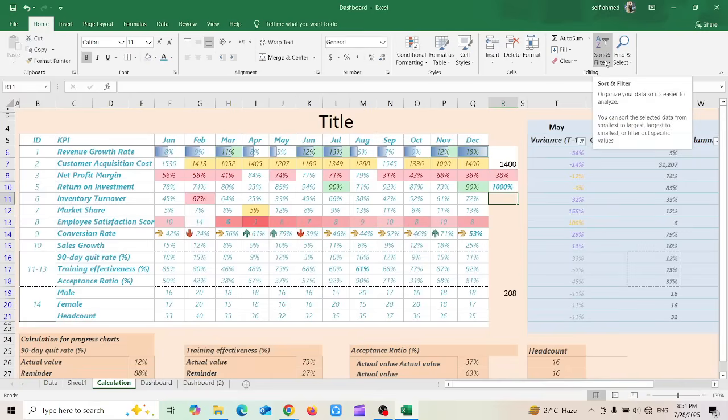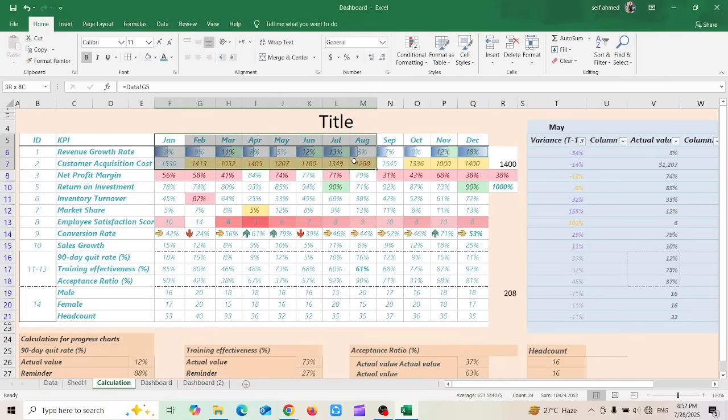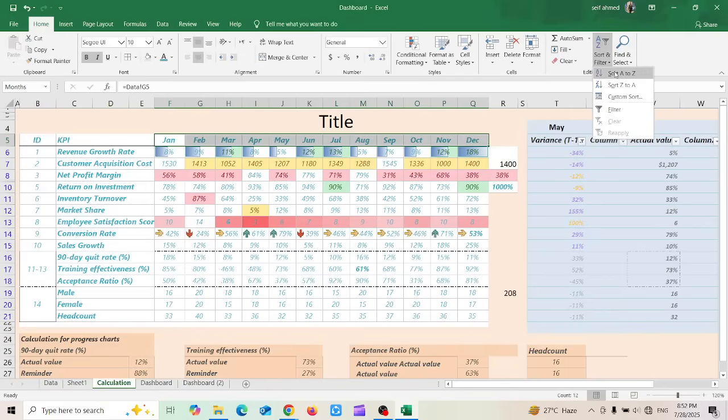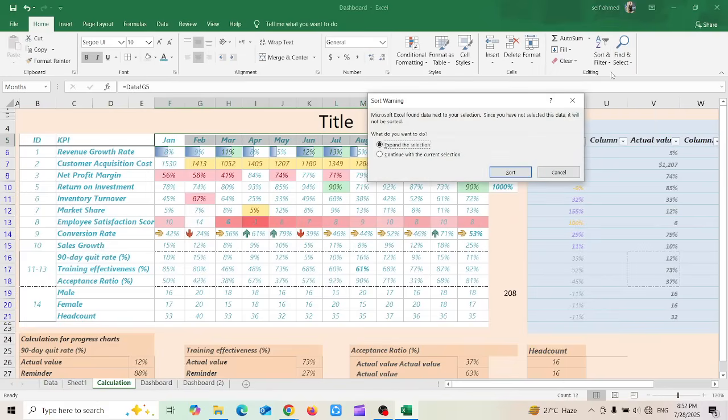Now we have an amazing feature which is called sort and filter. Sort will decide any type of specific arrangement you want for a specific set of data. For example, if I chose this data and I went to sort, then I chose sort from A to Z,